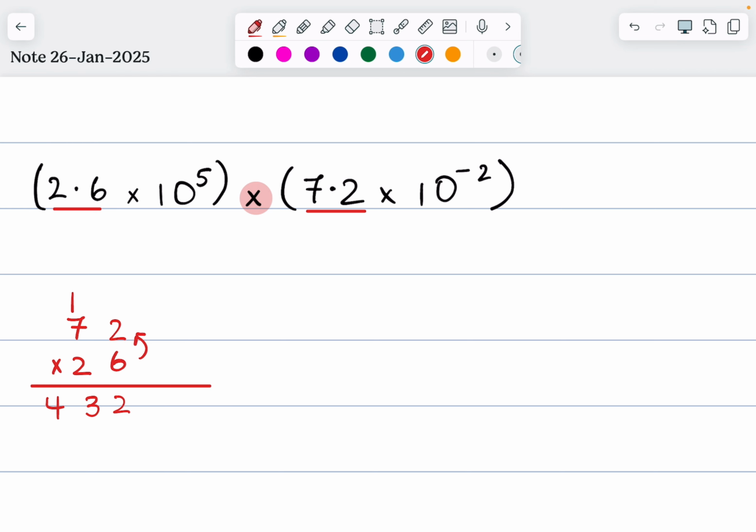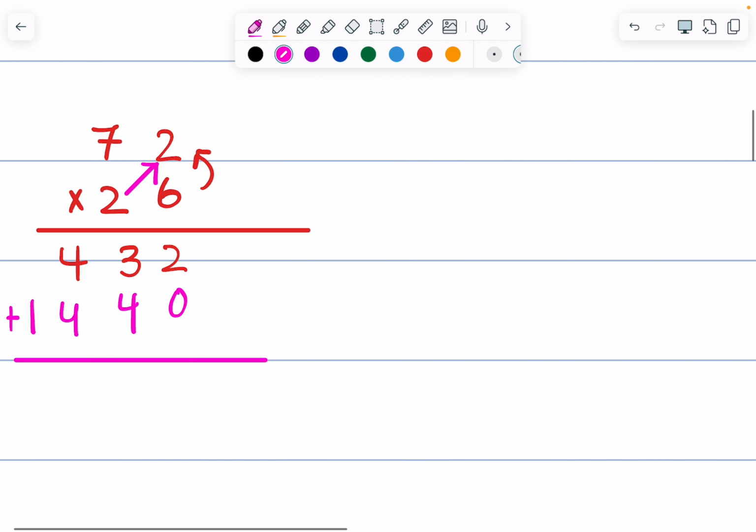Correct? If you remember from two digit to two digit multiplication, you add a cross or a zero before you start to multiply two. Okay, so 2 times 2 is 4 and 2 times 7 is 14. I would advise you कि आप carry remove कर दिया करो, otherwise I've heard की confusion होती है. तो you're going to add the answer. It's going to give you 2 plus 0 is 2, 4 plus 3 is 7, 4 plus 4 is 8, and 1 plus यहाँ कुछ भी नहीं था तो 1 plus 0 is going to be 1. Okay. This is not the final answer.